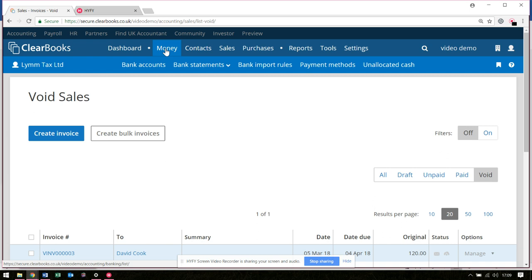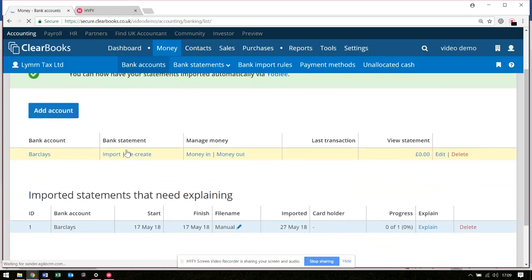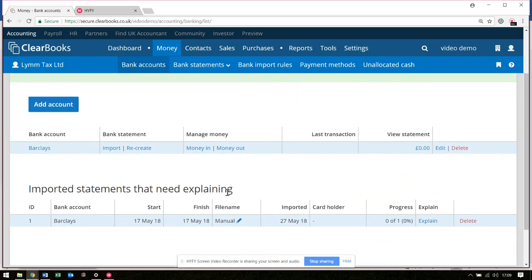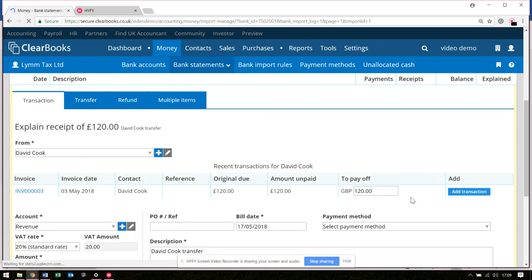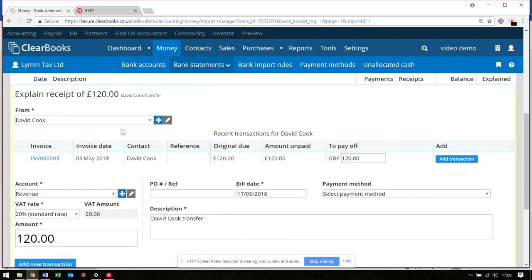So go back to the screen in Money and Bank Accounts, and now underneath the imported statements that need explaining heading, that transaction has reappeared for us to explain again. And so if we go into the explain screen, you can see it's defaulted to David Cook, and it says here's our invoice for David Cook, and it's saying, do you want to allocate that £120 receipt against this invoice from David Cook? And we do, so we want to click over here on the right hand side